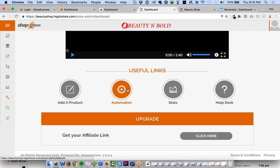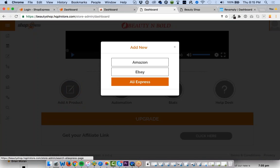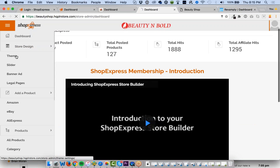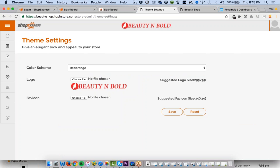You can also use these useful links here. This will help you get started when you're starting your products. So you can first of all start by adding new and choose which products you want to start with. So the first step is to customize your theme. So go into theme, you can choose a logo that you want for your